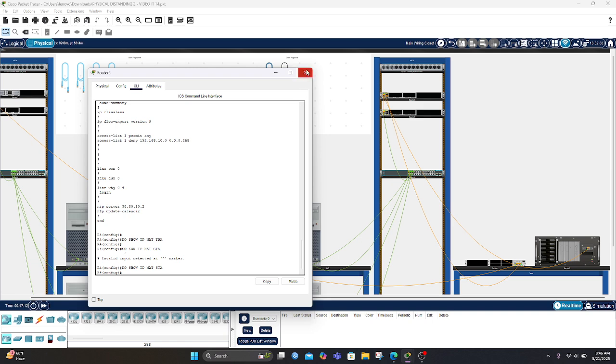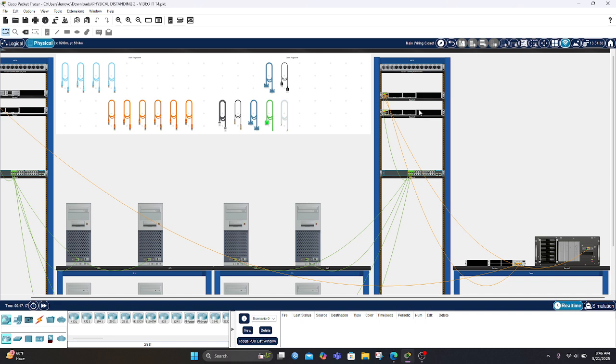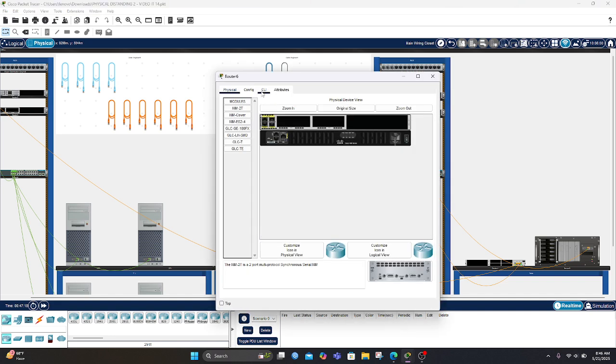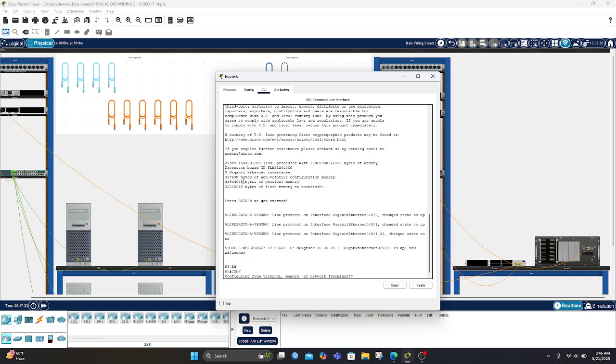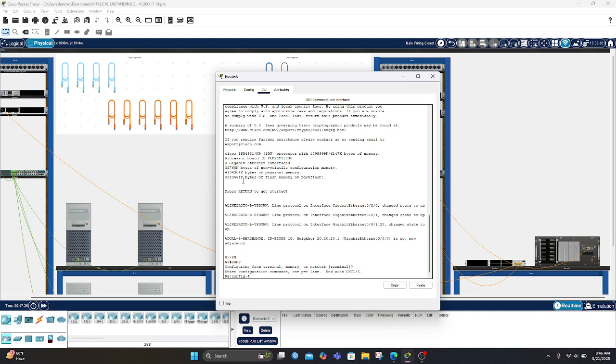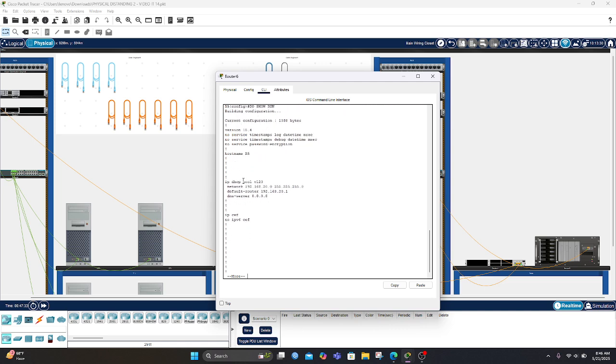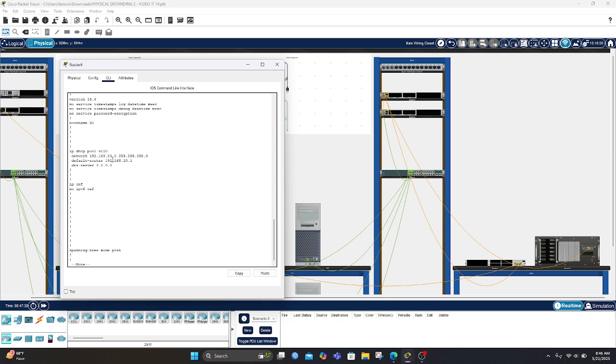Let's go to router 5. Enable, configure, show run first. In here, the DHCP pool for VLAN 20 is for area 2, and the network is 20.0.